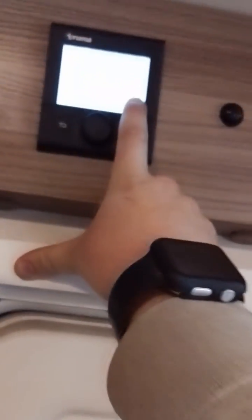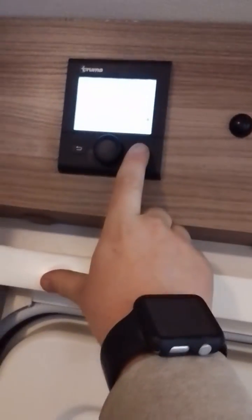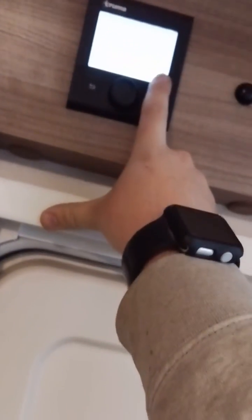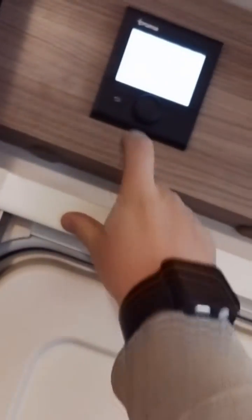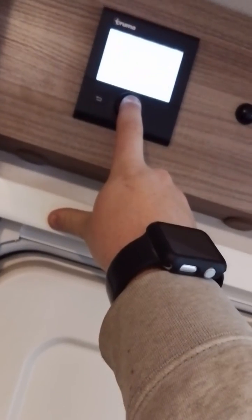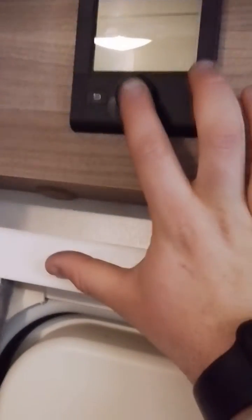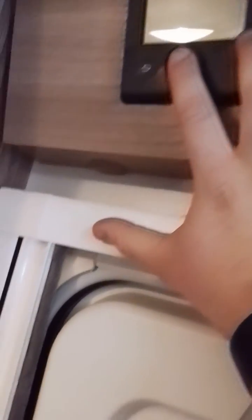And obviously here you have your icon which is the mains point. It just indicates that you have got mains connected to the van. If that sign is not there, you would not be able to use it on electric. But when using it on electric, that switch down there needs to be on. And to turn off, just push that and hold it in for a few seconds